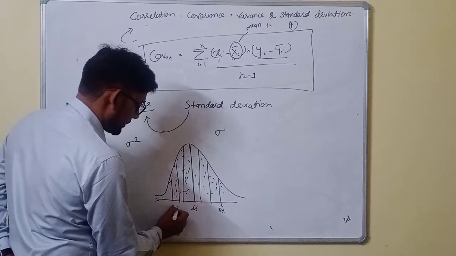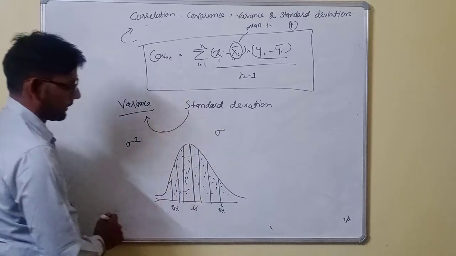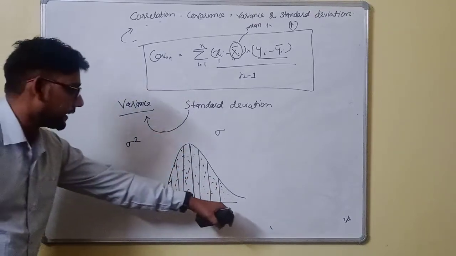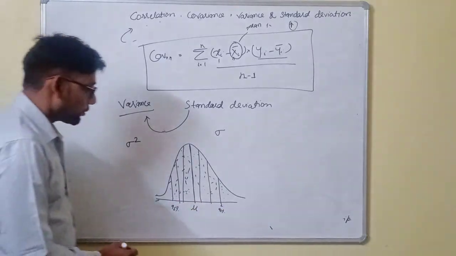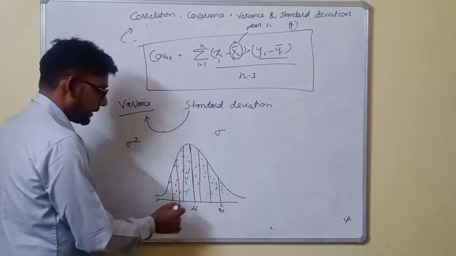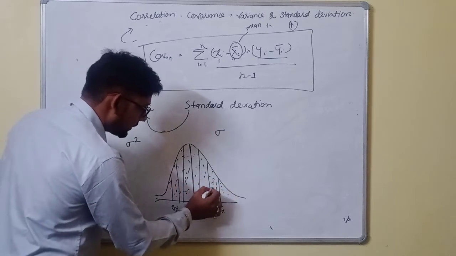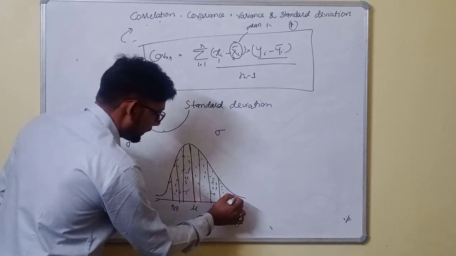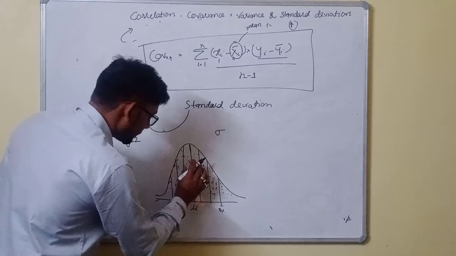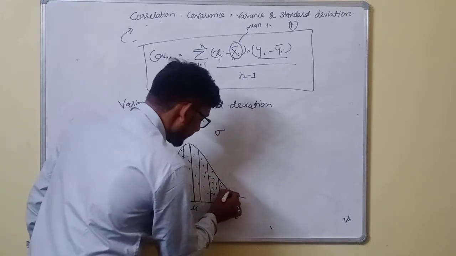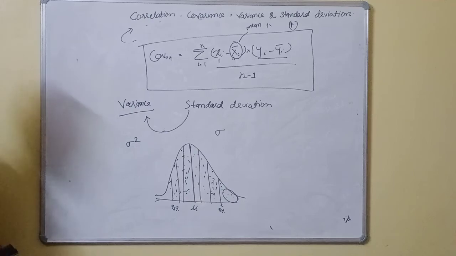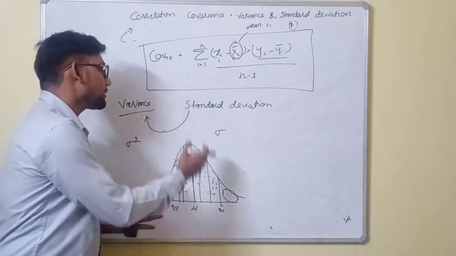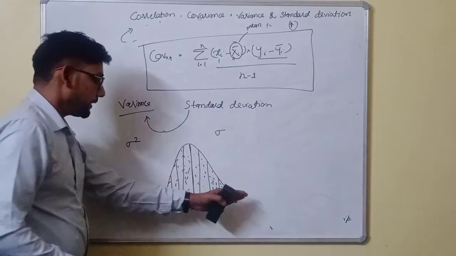Again here, 95% of data is within standard deviation 3. So we can use the standard deviation for detecting outliers as well, right? If we say that 95% of data lies within the standard deviation, and we see some points that are not close to the other points, it means we can say that these points are outliers, right? So this is basically why we use the standard deviation. It has multiple uses, but this is one of them.